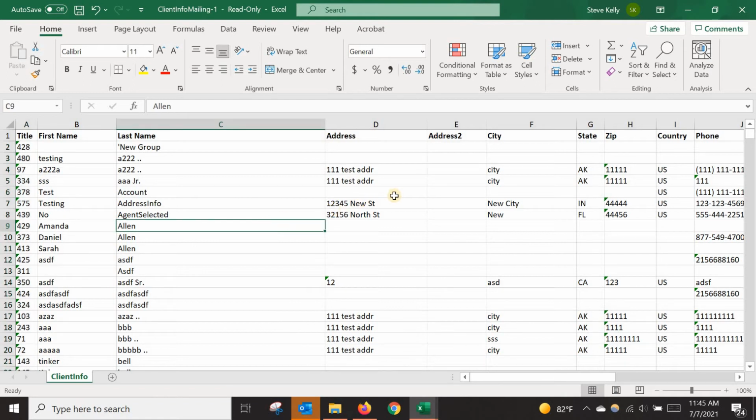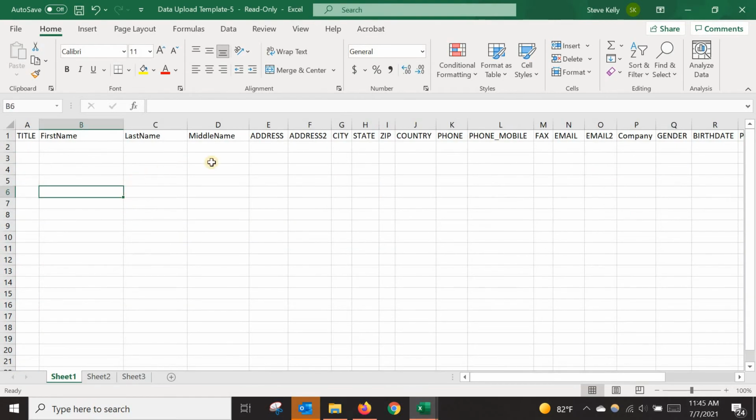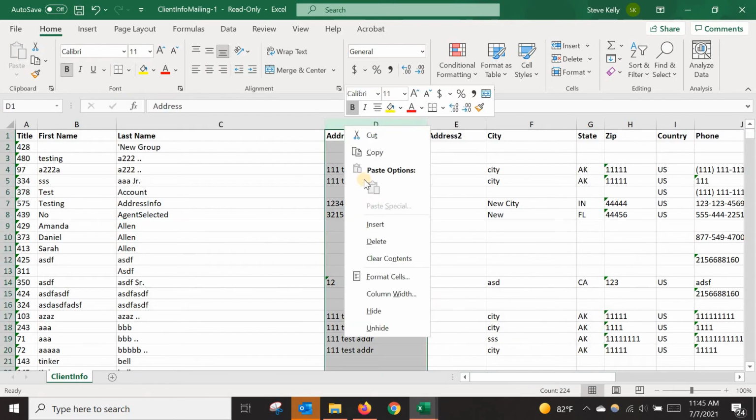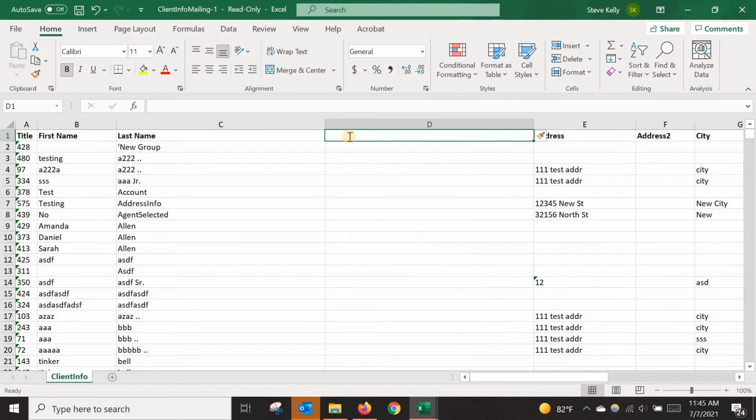Now if, for example, there is no middle name on this, but if I look at the template here, middle name should be column D. So what I would do here is go in here, select this, click insert, and just type middle name. Again, I'm just putting a blank column in there as a filler or a spacer